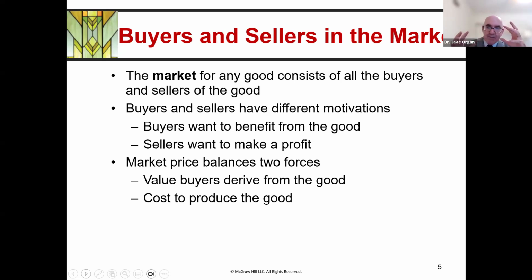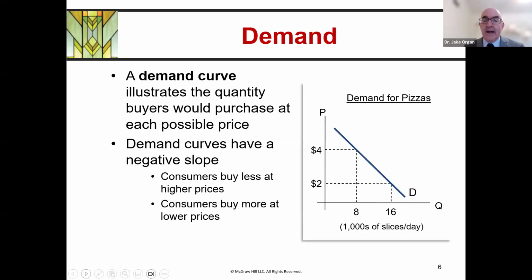And the market price brings a balance between these two forces. On the one hand, there's a value buyers derive from the good, and then on the other side, there's the cost to produce the good, and somehow they come together through the magic of the market and the creation of the market price through the interaction of supply and demand. And so,